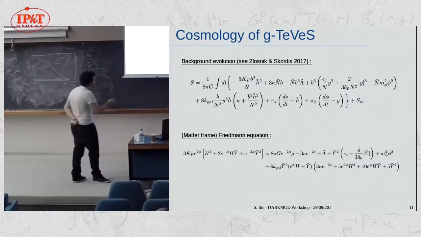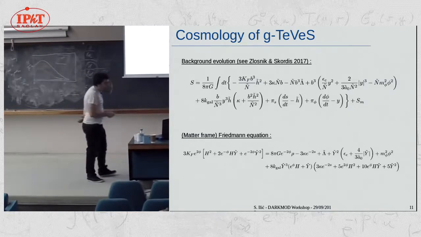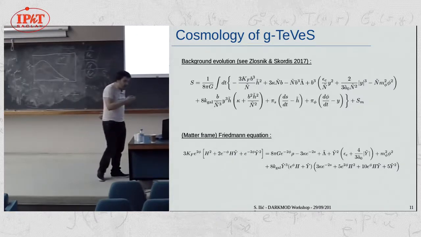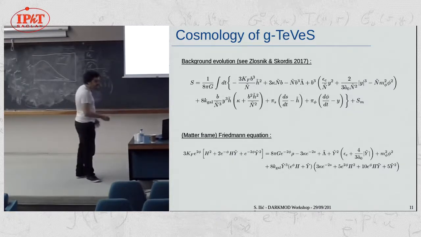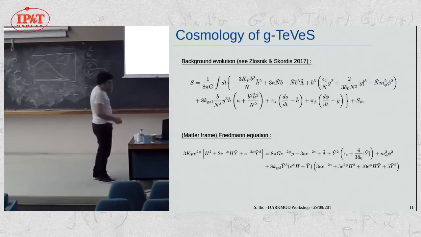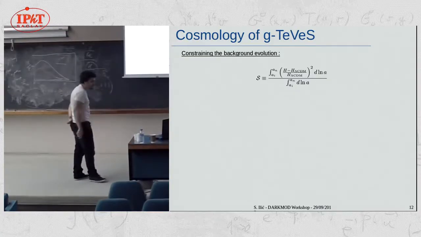Then, without going too much into detail, after adding the matter content to this, one can arrive at the equivalent of the Friedmann equation, as well as a set of coupled equations that give you the evolution of the scalar field phi, amongst other things. So once you have your equations, you can write your code that will be able to compute the background evolution in this model.